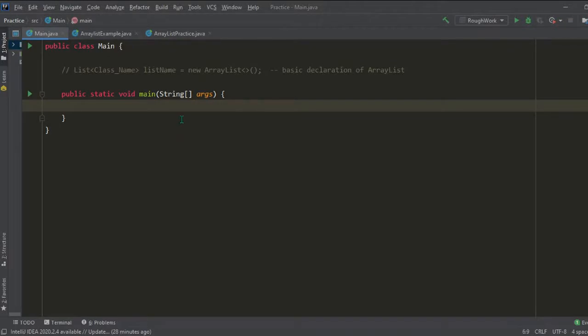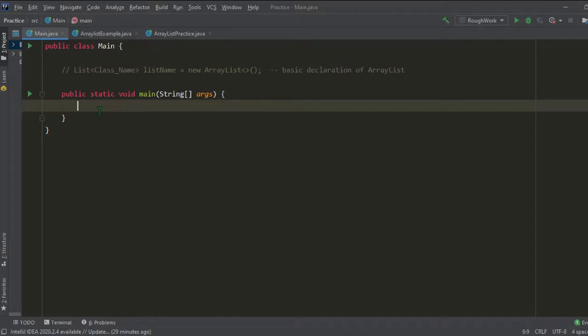Today we'll learn about ArrayList by using an example. Here I'm using IntelliJ IDEA, that is the IDE I am using for Java. ArrayList is an important part of Java because it is used everywhere nowadays. It is more used than arrays because arrays are limited and ArrayList can be dynamic, as it can increase. We can keep on adding to the end of it and it will keep on increasing, so it's dynamic in nature. So let's get started.